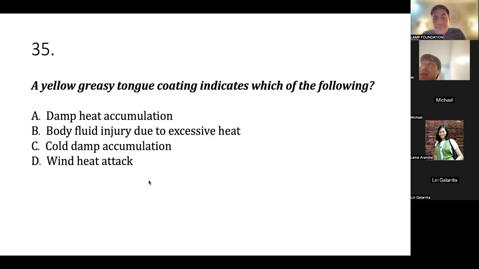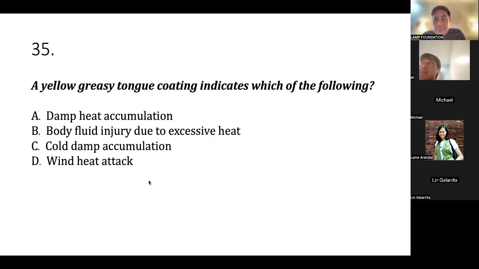Wind heat. Gray. Di ba, Doc? Wala. Okay, sa gilid ng dila, saka sa tip, anong makikita mo doon? Gilid at tip ay red, Doc. Very good. Kung cold damp,